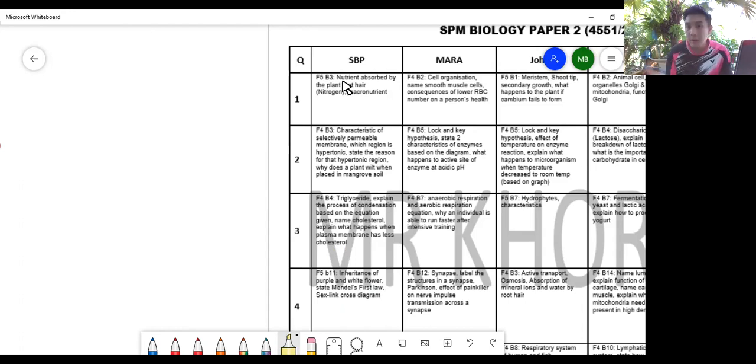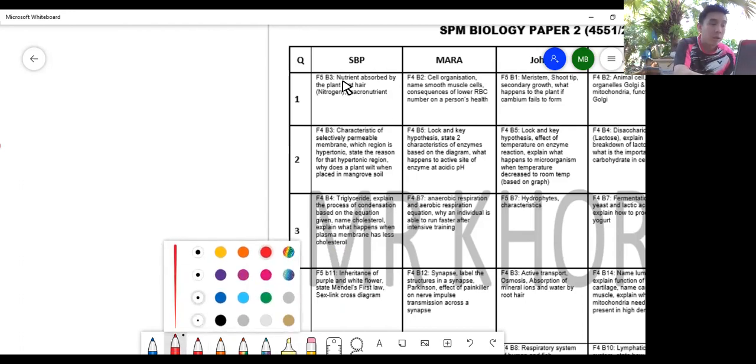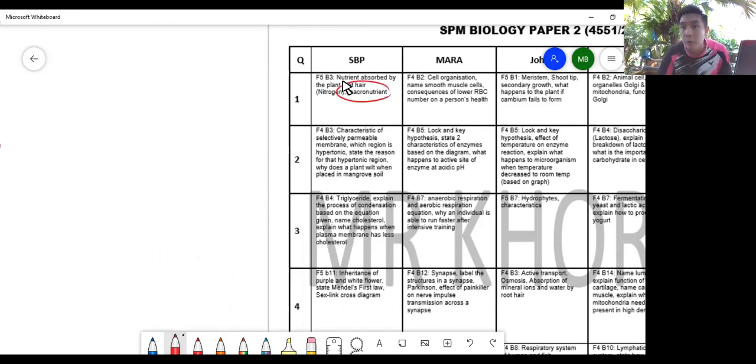But to maximize the productivity of your revision, you can actually ask yourself, guys, can you give examples of the macronutrients? How I teach my students is this,